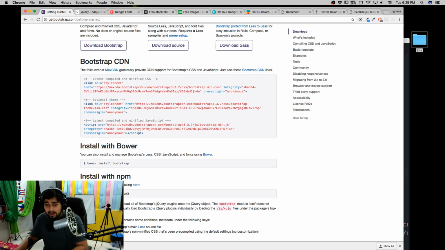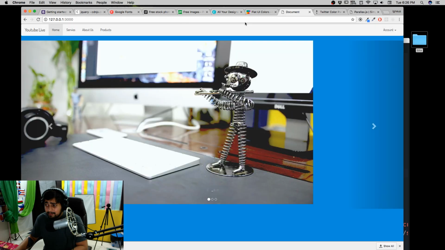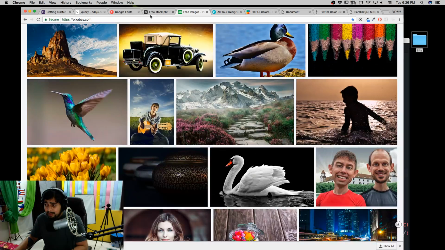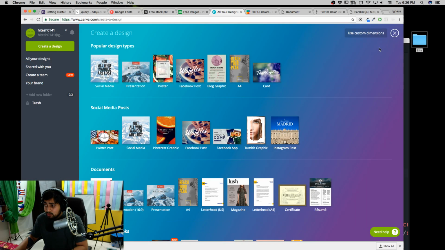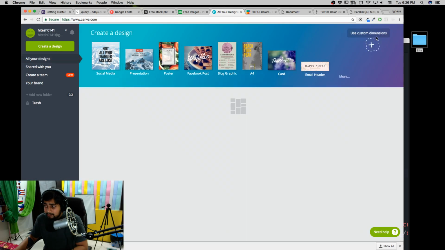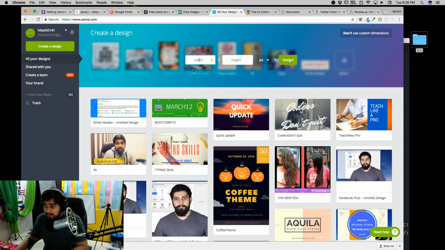So how do we resize images quickly? I would say go ahead and use Canva to resize the images. It's just a matter of uploading those images there. Here's Canva, and you can use your custom dimensions there. Use custom dimension, and whatever height and width you need, you can just enter there, upload your images, and adjust them. Try to use Canva, it's fun. And you can quickly resize that. So that's one thing.